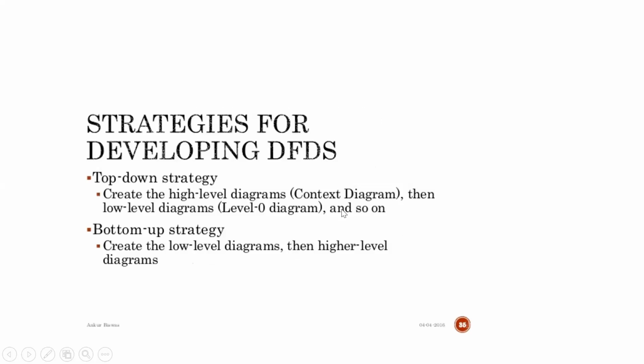There are two types of strategies to develop a DFD. Either you can start with the context level and then keep on dividing your processes, that is called the top-down strategy, or you can follow the bottom-up strategy wherein you draw a DFD for your complete system in detail and then move one level up so that you come to know how many levels of the system can be developed.